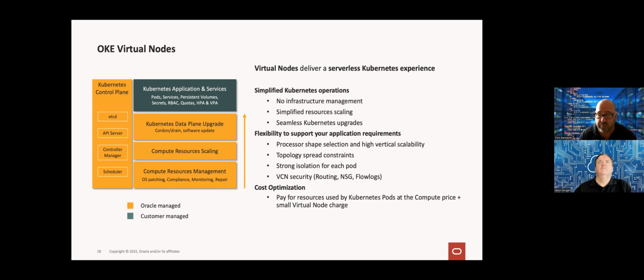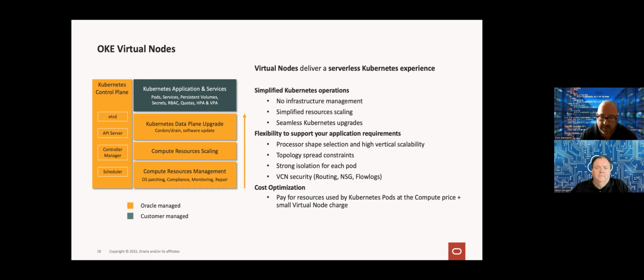So it simplifies the operation of Kubernetes. There's no requirement to connect to those worker nodes or manage them. It's automatic scaling. As you put on more workloads, we manage the scalability in the back end and scale out those cluster nodes as required. It's seamless upgrades because it's done by Oracle for you in the back end. It's flexible to support all your application requirements. The processor shape and memory give vertical scalability, so we can scale vertically, and we can scale horizontally by adding more nodes into the cluster.